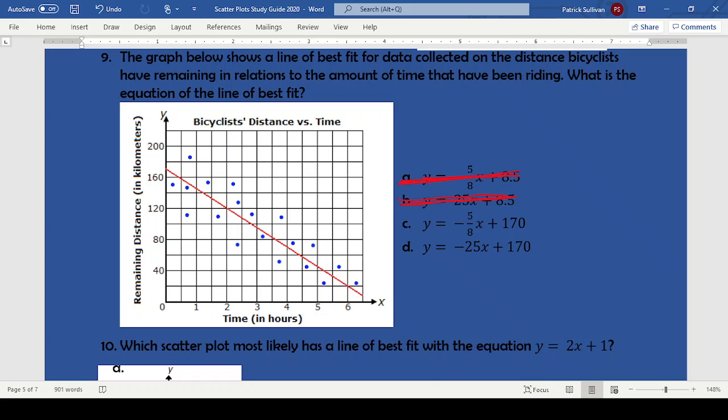So now I have to analyze the graph and try to understand which one of these slopes is closest to resembling what I'm currently seeing in the graph. And I think the best way to think about it is this. If we have negative 5 over 8, that means that when I go to the right 8 units, I should be going down 5 units on my y. Okay. So this is y over x. So if I move to the right 8 units, then I should only be going down 5 units, all right,